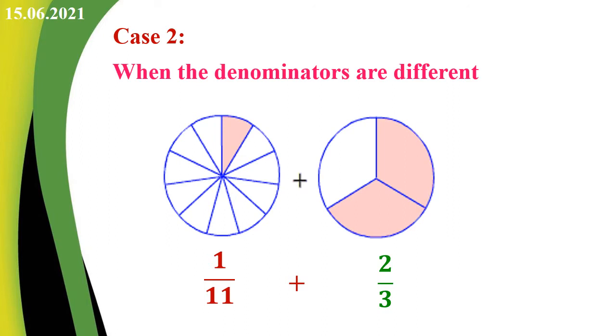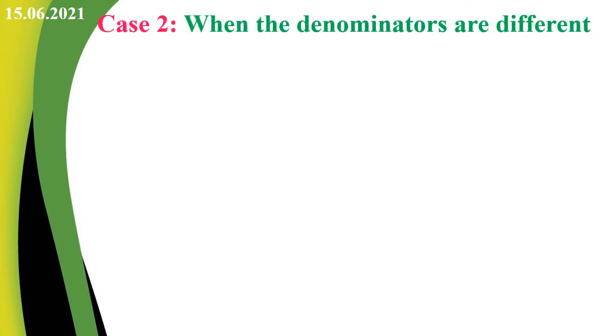So here totally first picture is 11 parts, that is denominator. The second picture is 3 parts, that is here 3 is the denominator. So compare both denominators. Here denominators are different. This is the example of denominators are different. Let's see case 2 when the denominators are different. Example 9. First question, minus 3 by 10 plus 7 by 15. Let us find the solution.